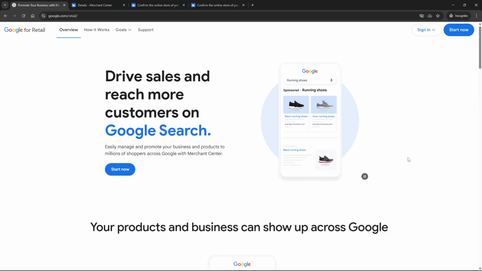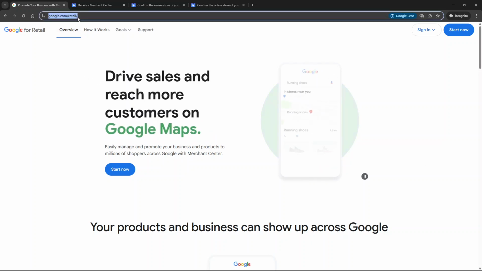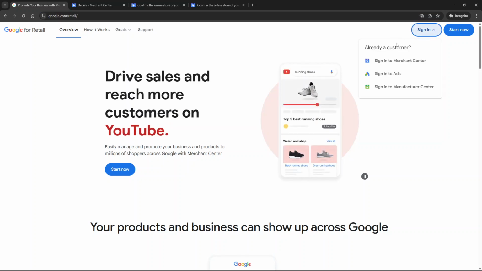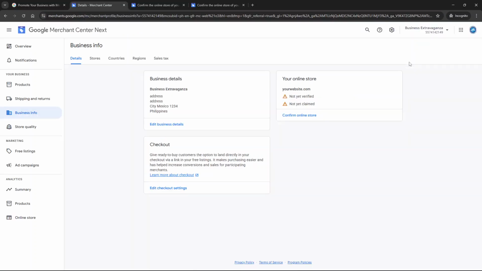So let's dive in. First, you'll want to open your browser and head over to www.google.com/retail. Once you're there, locate the sign in button and click on it. You'll need to select Sign in to Merchant Center, which will direct you to the Google Merchant Center's dashboard. Ensuring that you land on the correct page is essential, as it's the gateway to managing your online store's visibility